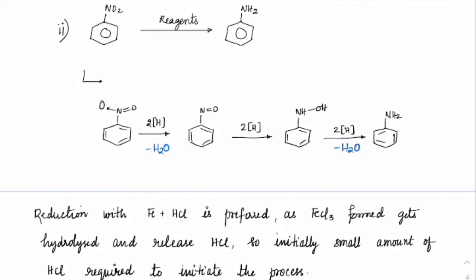So can you see the journey of nitrogen from +3 oxidation state to -3 oxidation state. The number of nascent hydrogens involved was 6. Again, this was also a JEE question, remember this. You can see 2 nascent hydrogens here, 2 here, and 2 here. So that's how it gives us 6 electrons, equivalent to 6 nascent hydrogens.